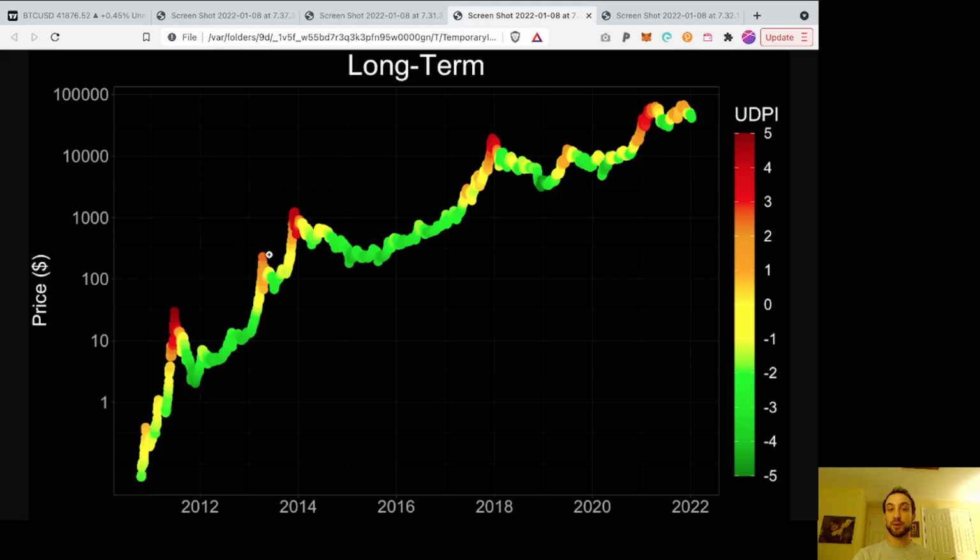It was actually only a moderate level of risk on the long-term price chart. And it took until that second blow off top for us to see real overextension on the risk chart. But in 2021, in the early part of the year, we did see that degree of overextension. Maybe not quite as much, but it definitely got into the red zone. It was very high risk, and we have not returned to that level.